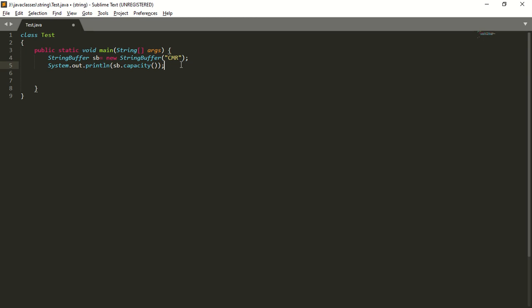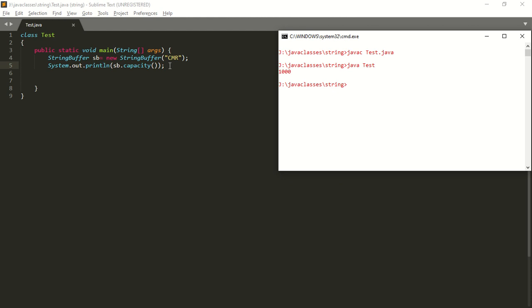It will be 19. How? 3 plus 16. The cmr length is 3 and 16 is the default initial capacity. 3 plus 16 will become 19. Okay, save, compile, run the program. So what is the capacity? Now the capacity is 19.